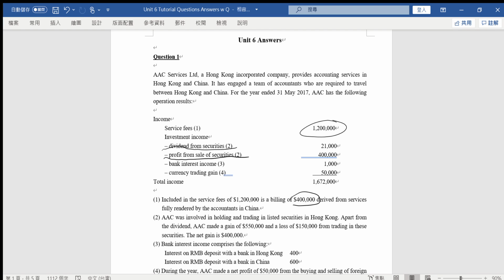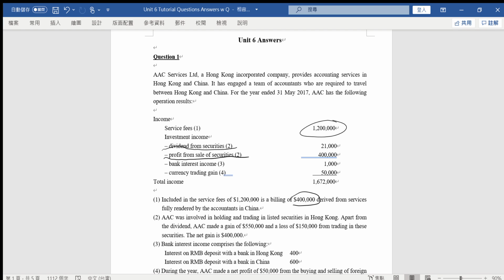AAC is involved in holding and trading listed securities in Hong Kong. Apart from the dividend, AAC makes a gain of 550,000 and a loss of 150,000 from the trading in these securities. And finally, the net gain is 400,000. Okay, that's why, first of all, the first item is about the